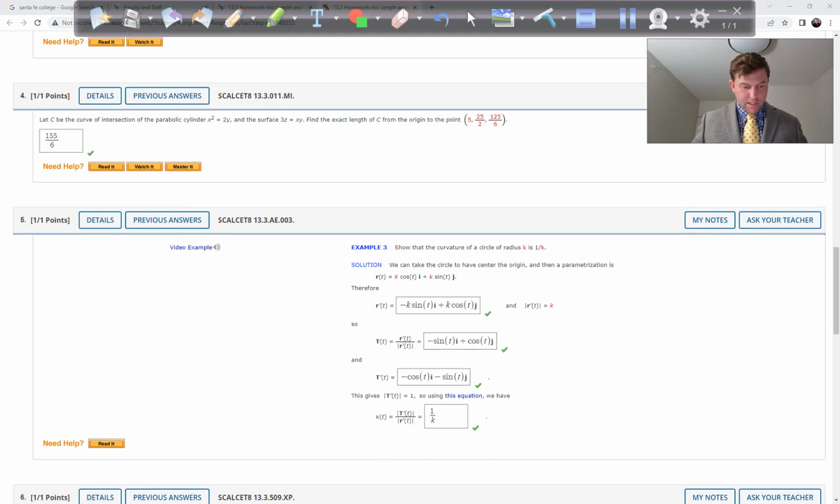Okay, problem 4, let C be the curve of intersection of the parabolic cylinder, x squared equals 2y, and the surface 3z equals xy. Find the exact length of C from the origin to the point 5, 25/2, 125/6. So, looking at my notes here, we're going to let